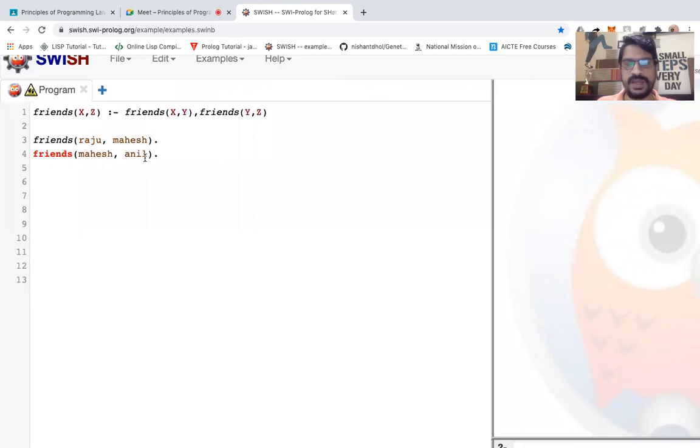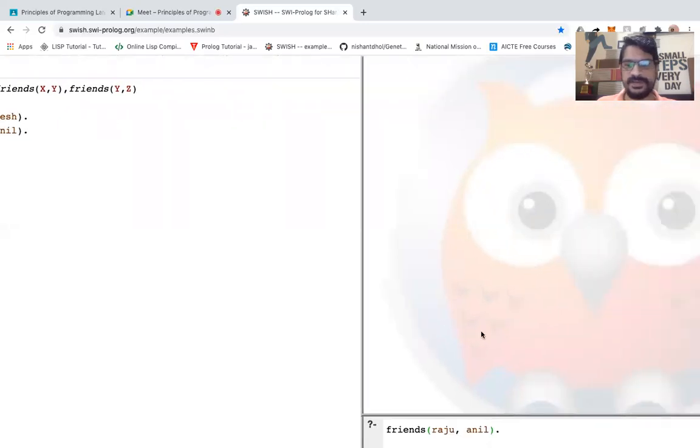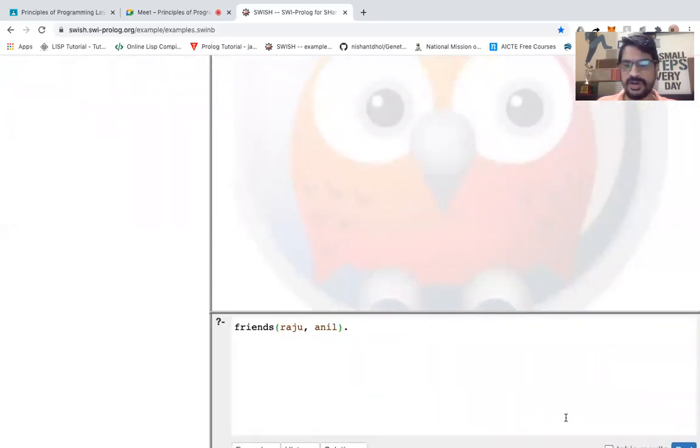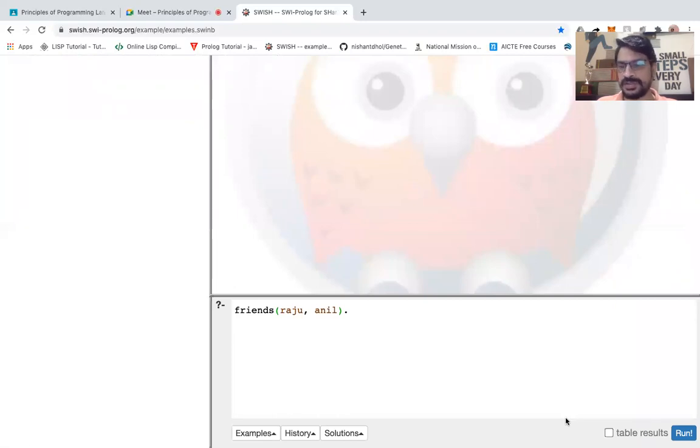I haven't defined anywhere here whether Raju is a friend of Anil or not. We have written that Raju is a friend of Mahesh and Mahesh is a friend of Anil, and I have given the logic. The logic is X is a friend of Z if X is a friend of Y and Y is a friend of Z. Let's see whether this works or not. It will give me either true or false, right? So in this case, it should give true.